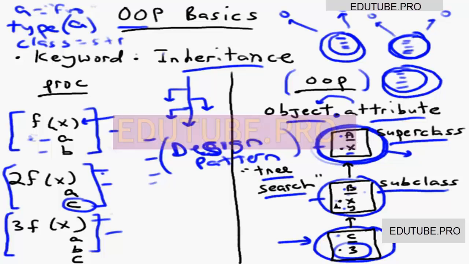Now, one thing that may be coming to your mind is you notice that there's a method called X in the A superclass, and we've also defined a method named